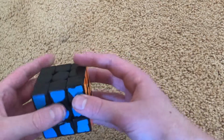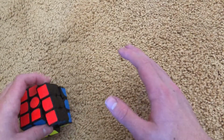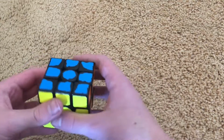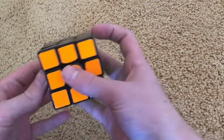But again, I should have bought a better cube at this time. This was sort of when I had some weird prejudice against magnetic cubes. I thought they were bad, so I kept on getting non-magnetic cubes, but eventually that stopped, thankfully. So this is